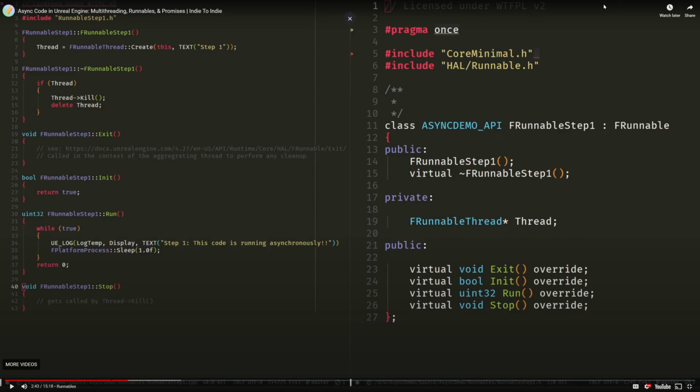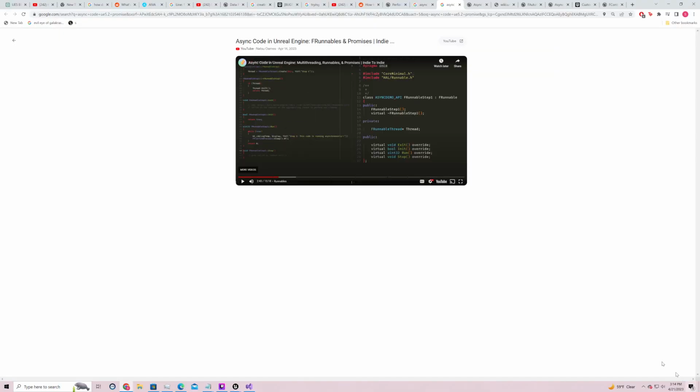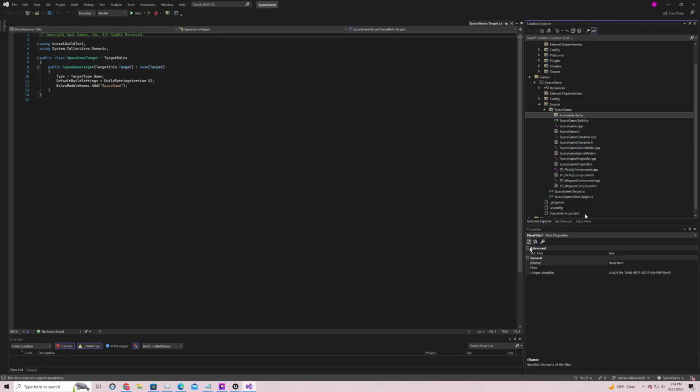All right. So I need to make these runnable .h and .cpp files, and I'm not sure what the best pipeline is for creating these things either.